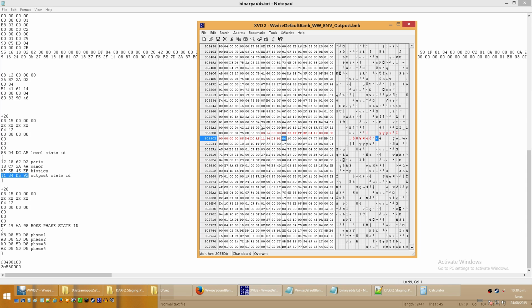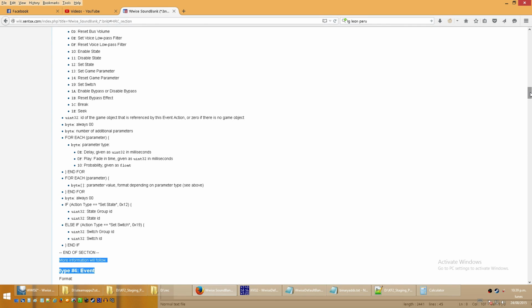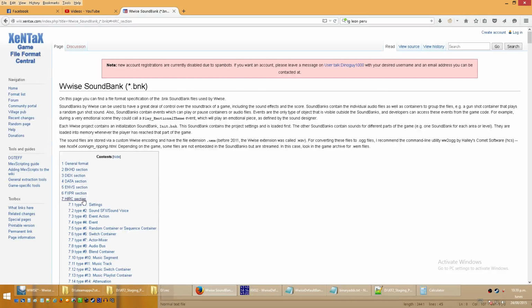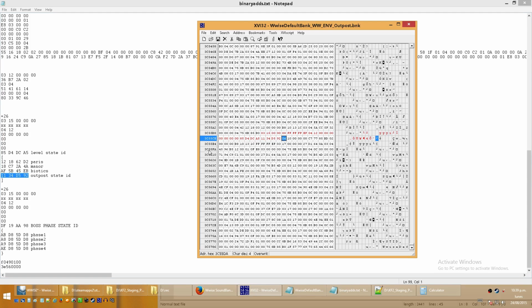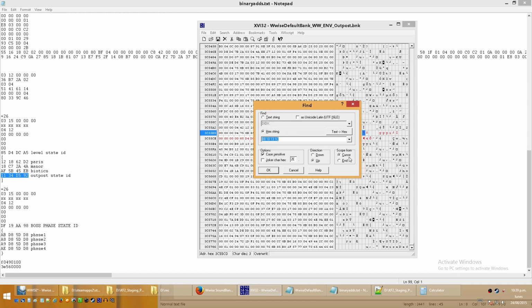So we have added this correctly, but if you go back to the wiki, you can see that the herc section also has a length. So we added 26 bytes here, and we added 4 bytes here, so that's a total of 30 bytes. So now we have to find that setting that is obviously up. We are gonna search herc here